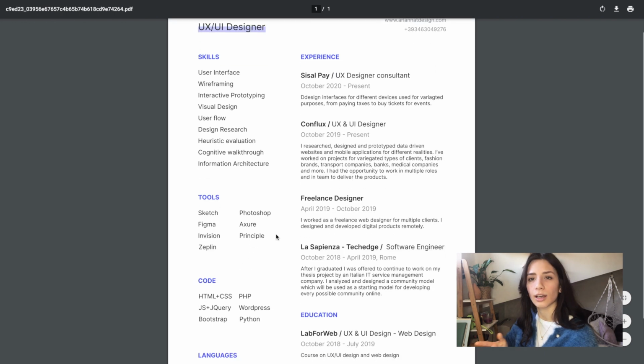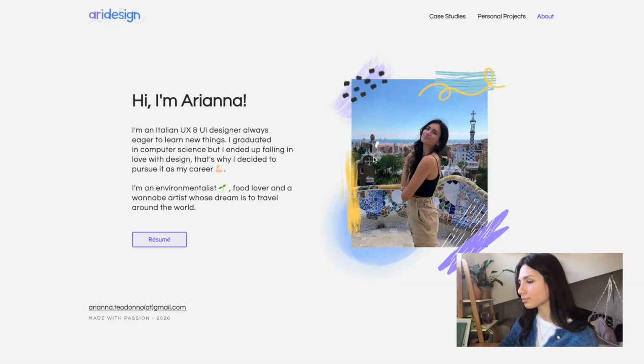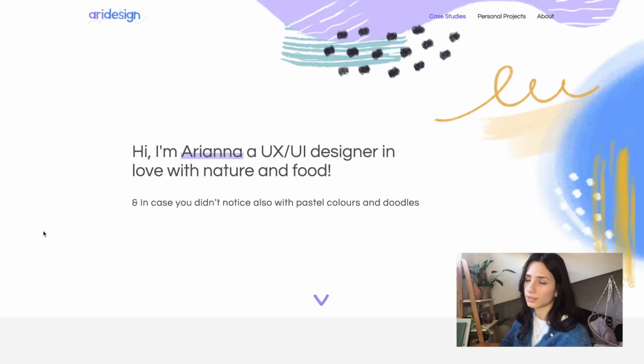As you can see, I love purple. Yes, so let's get back to the website. As you can notice, the doodles on the picture remind of the illustration in the homepage. I tried to give the whole website the same vibe and tone, and it is pretty important.